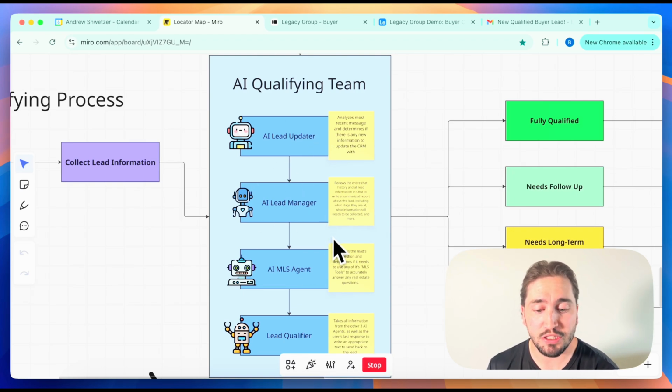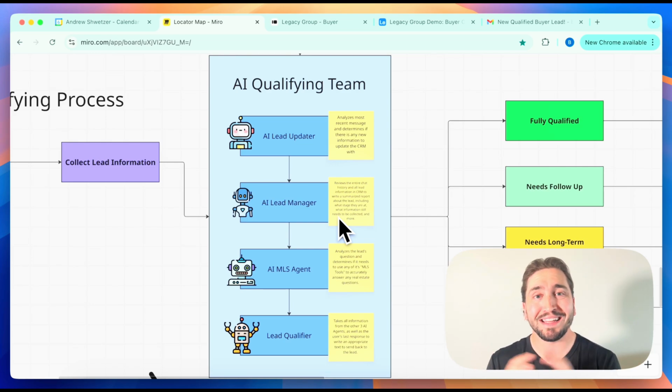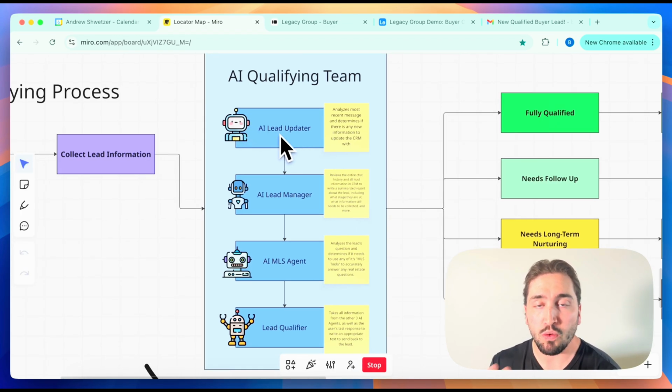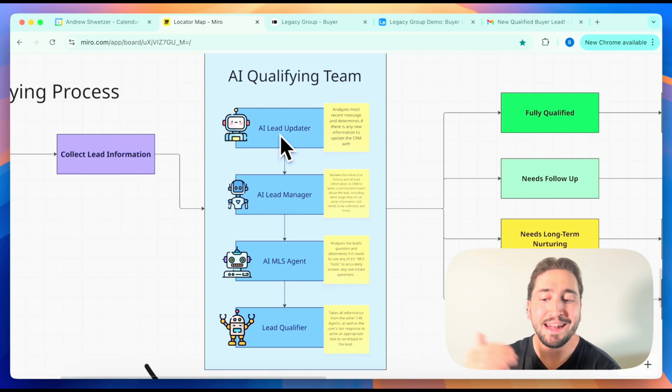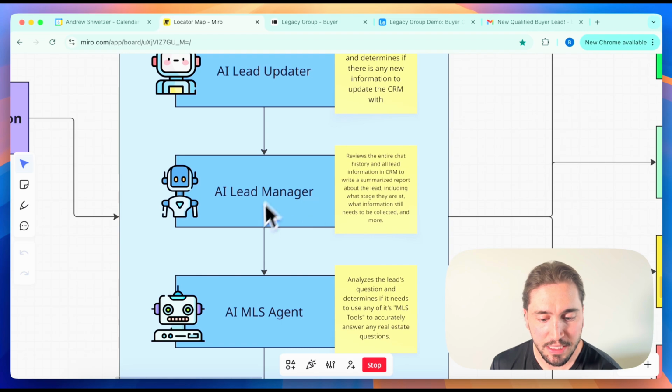of AI agents. So we have built a team of 4 separate AI agents that all have different roles and responsibilities, but all work in tandem together to qualify this lead. So the first one is an AI lead updater. Basically what it does is it looks at the messages going back and forth between the lead and it updates its own sort of CRM or its own brain on what information has been collected on the lead and what information still needs to be collected. Then it updates that in its own CRM